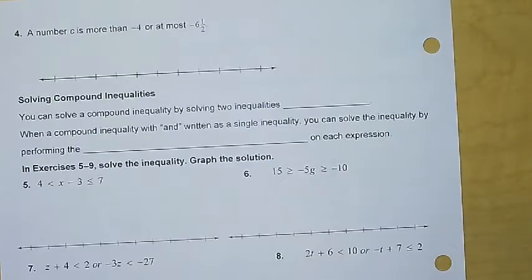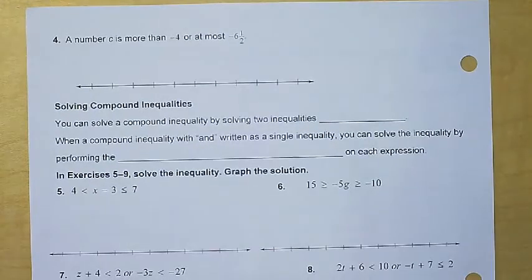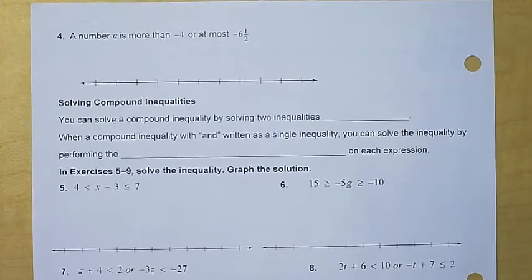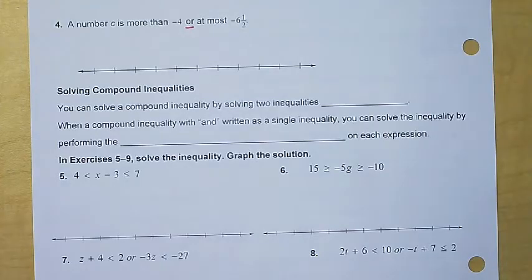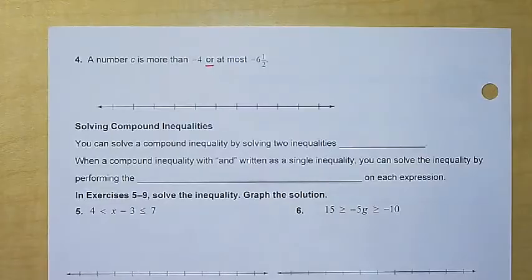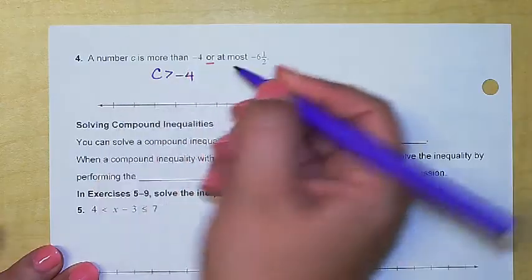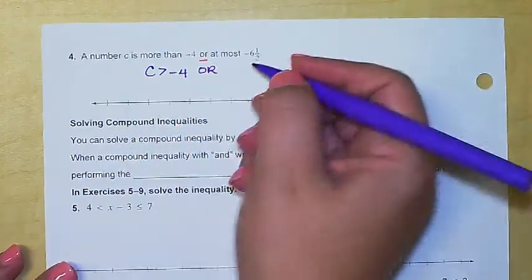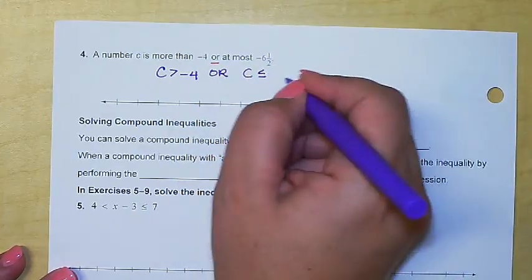All right, so let's go ahead and try one more. Let's try number 4 here. It says a number C is more than -4, or, again, that's our key word here, at most -6 1/2. So let's go ahead and write that out. C is more than -4, so that is greater than -4, or at most -6 1/2. So that means at most means less than or equal to that